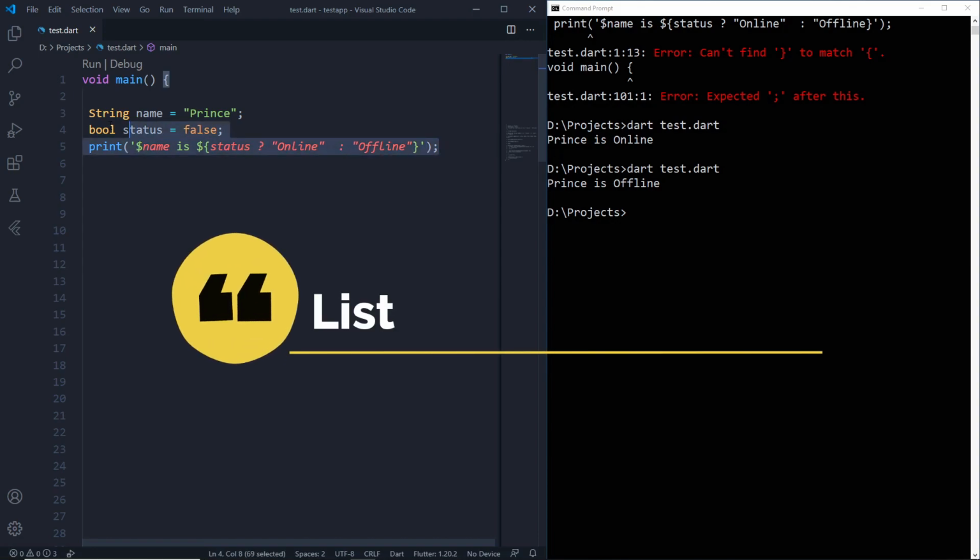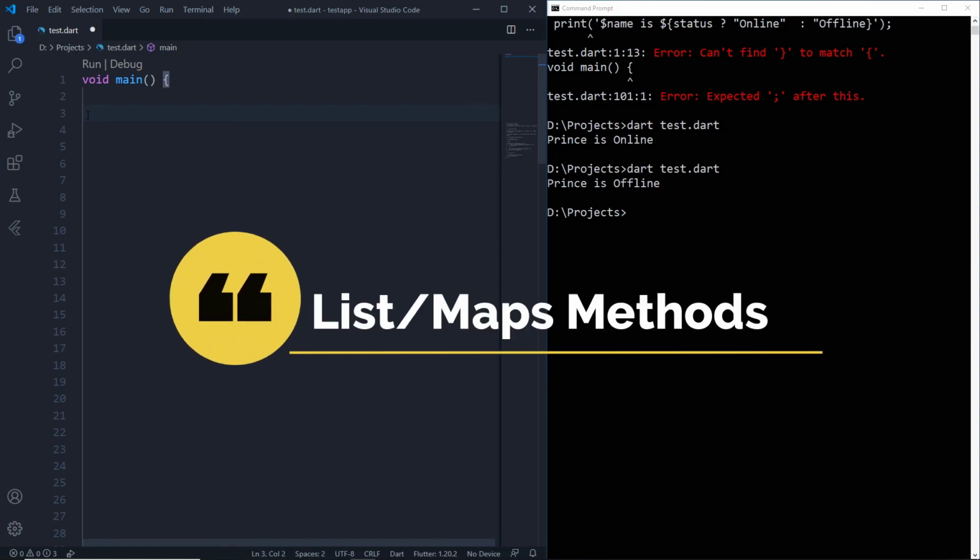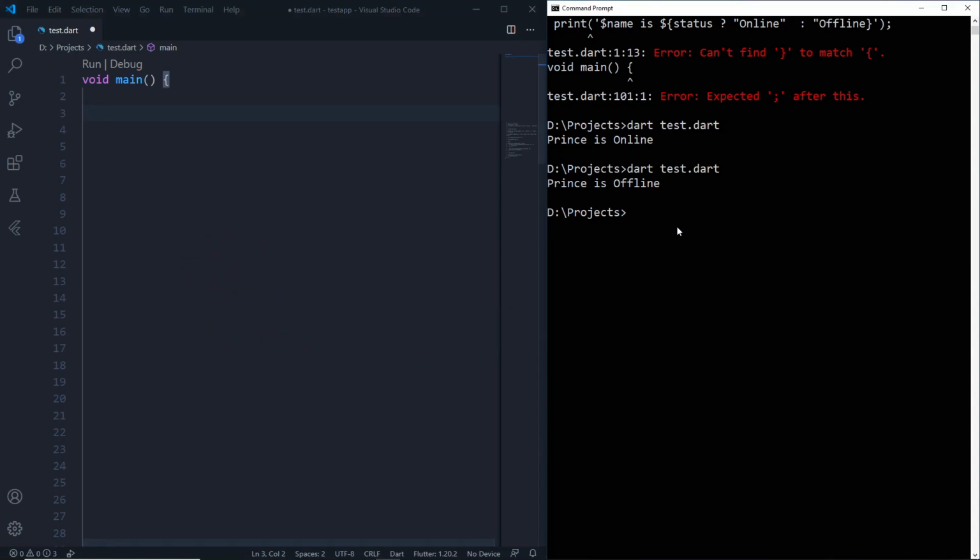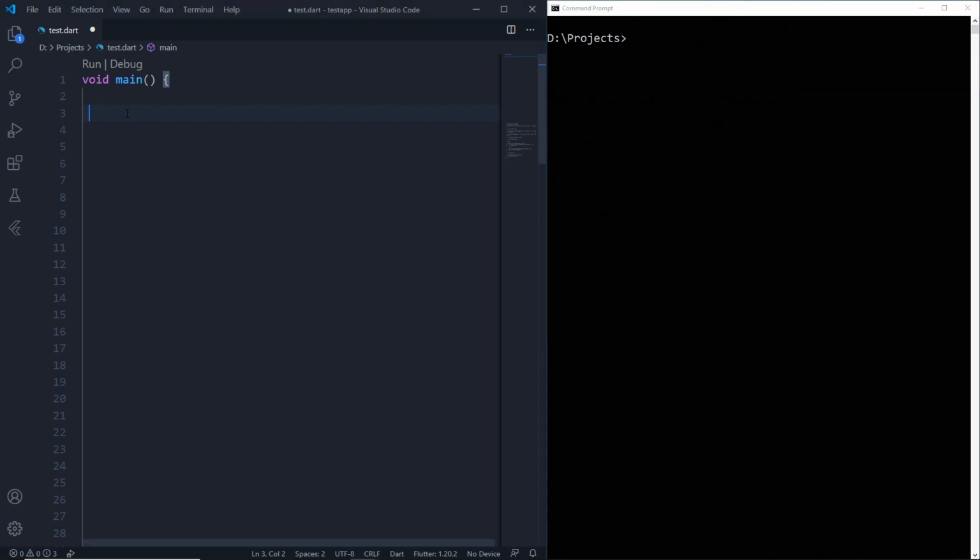The next thing that I want to talk about is Flutter's maps and lists, and some of you were having issues with that too. Now for example, a very simple way of creating a list is that I say List, then I say x, and I put some values in the list. Let's say 12 and Prince. We all know that Dart supports both dynamic and static typed languages.